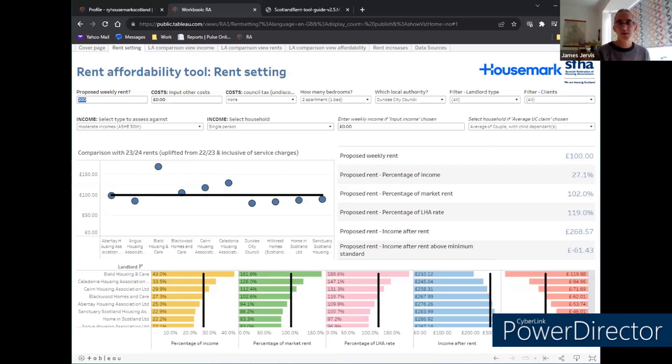I think it was about 11 or 12% over 2 years, but the minimum income standard has shot up by almost 44%. So there's been a huge impact, and we're all aware of the fact that fuel costs, groceries have increased hugely. So there's a bit of a mismatch now. It doesn't mean that the tool's incorrect. It does make it more difficult to make that assessment with the minimum income standard, but it's worth pointing out